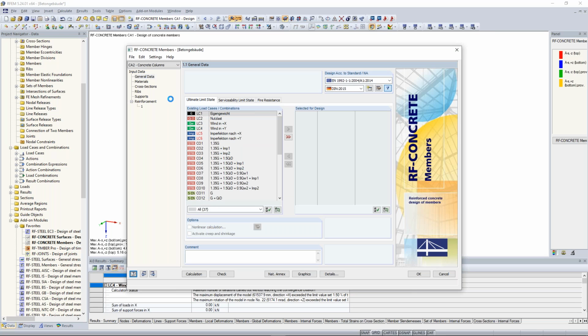We create a new case and we apply the general method. For example, we do not have to use RF-CONCRETE Columns, so we also have an additional add-on module for the design of concrete columns, but this add-on module is just for the nominal curvature method. So I choose here the right standard,